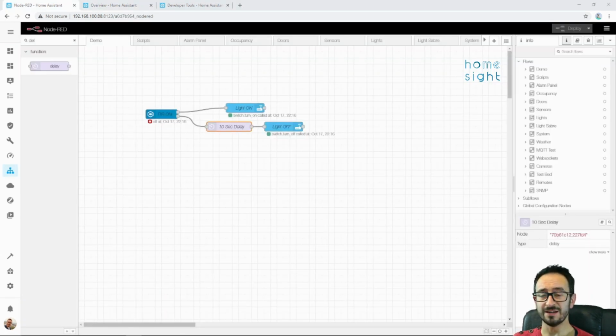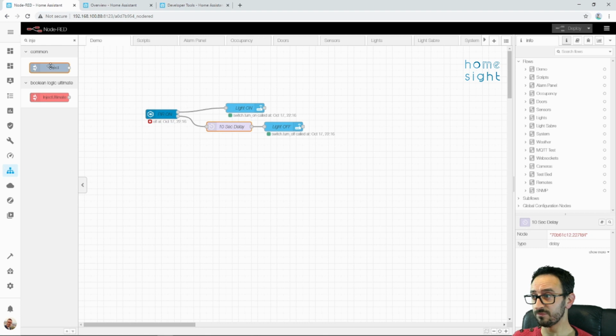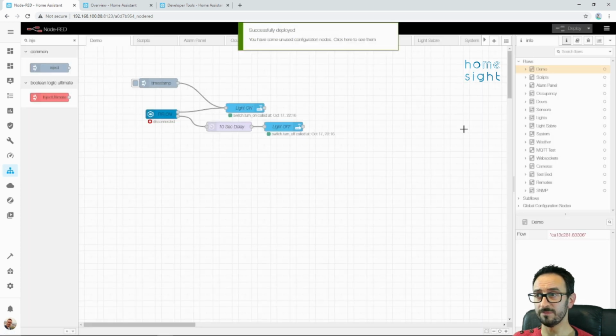So I'm going to go ahead and add a few other nodes onto here. The first one I'm going to show you is an inject. Now, my PIR is nice and simple. I can unclip it from its base and bring it into my office where I'm doing this film. Now, it might not be so simple. You might want to simulate that PIR going off. So I've just dragged on this inject node, and I can wire that into my light on. And once I press deploy,